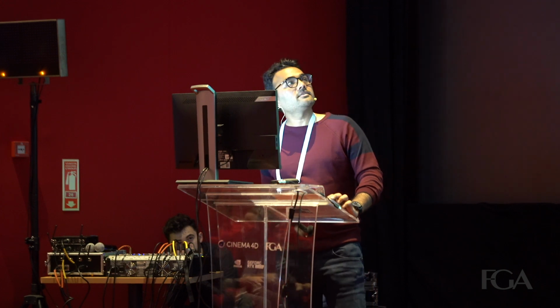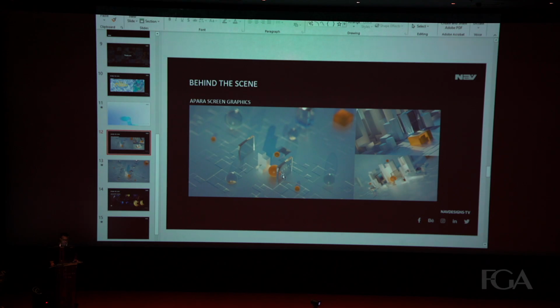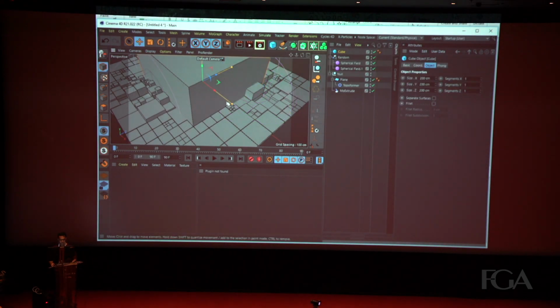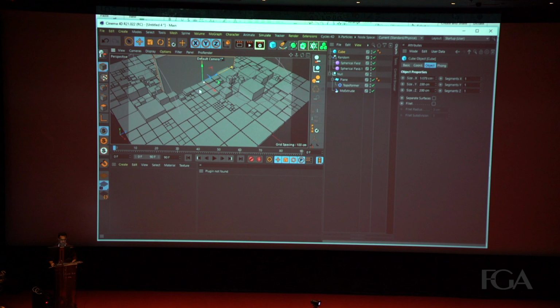And for these glass layers, I just manually added two cubes, my favorite cubes. Let's resize it like this.